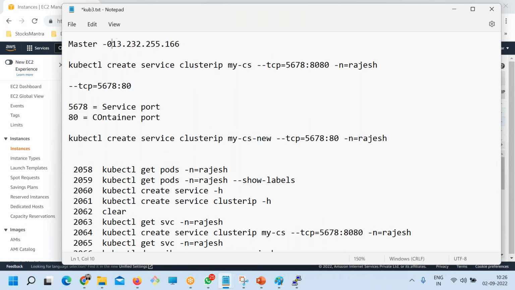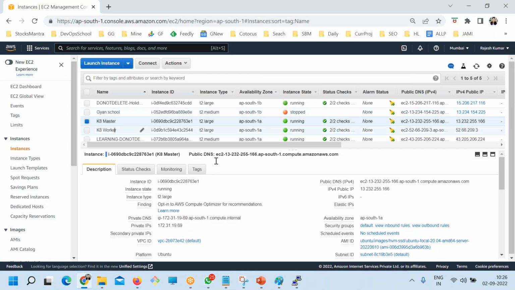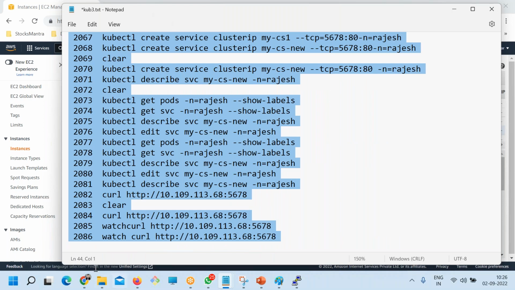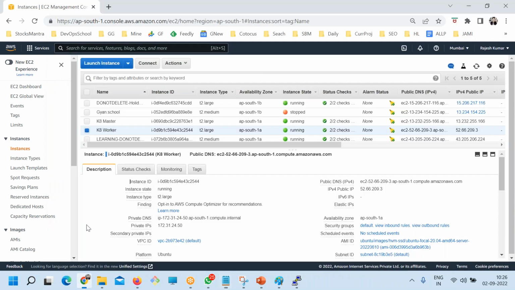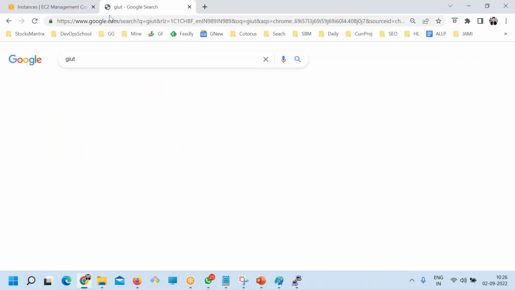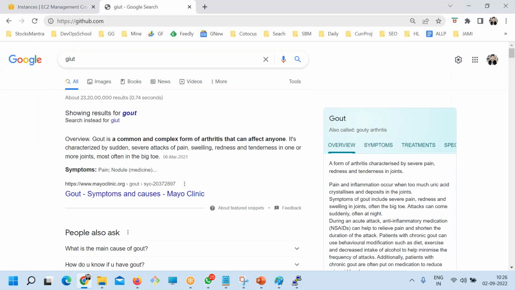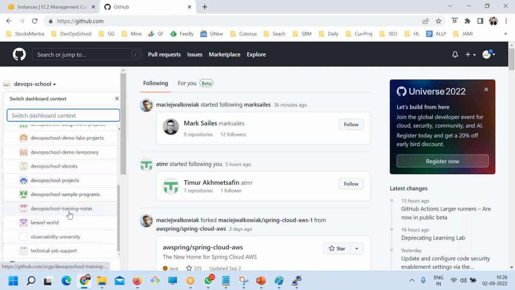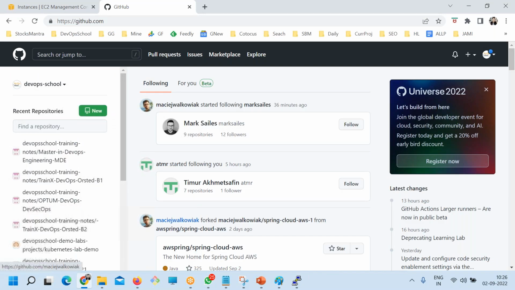This is the master one, and this is the worker one. I'm updating the same access you have. There's no change in access. So, notes.